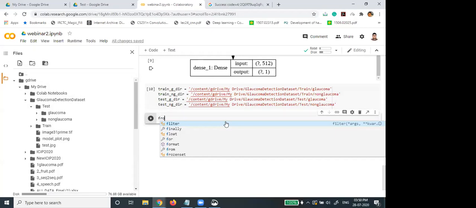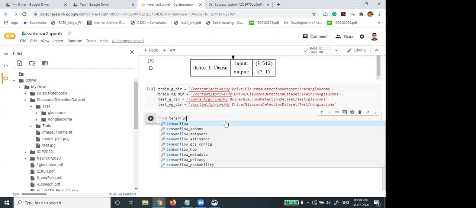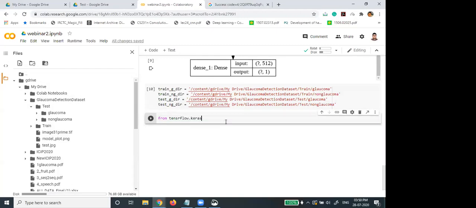So now there are some layers, preprocessing things from TensorFlow. So we can augment some images. Input image.